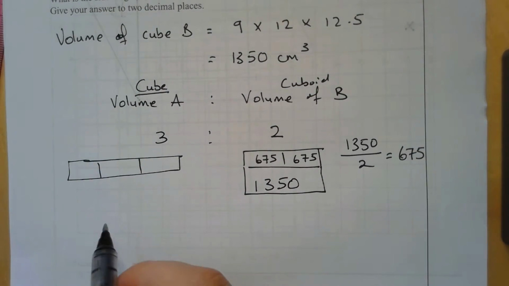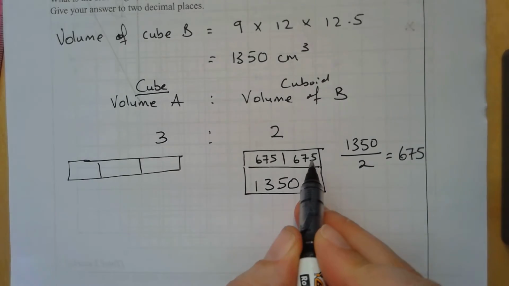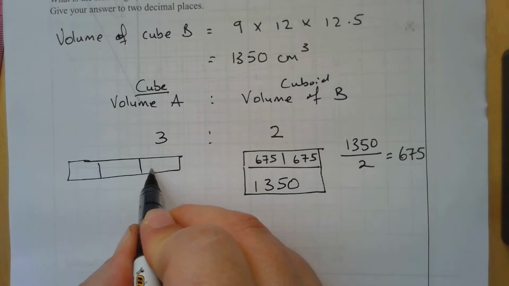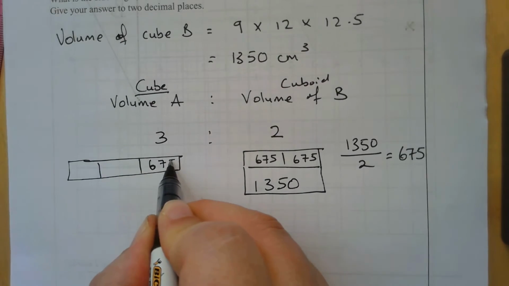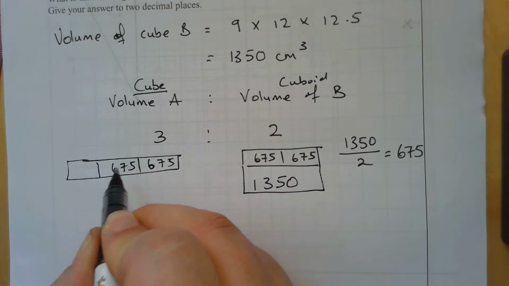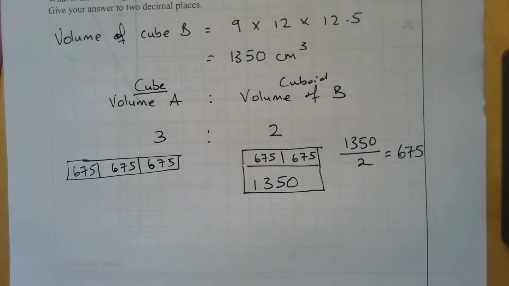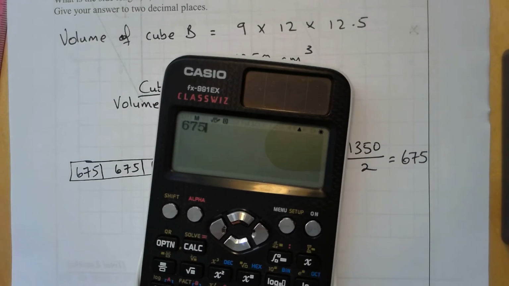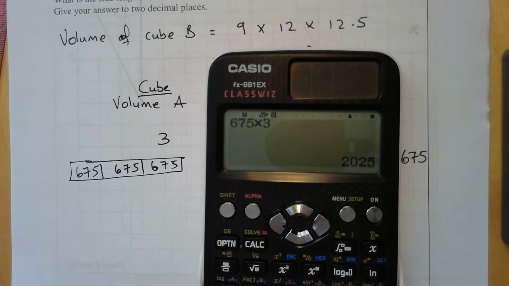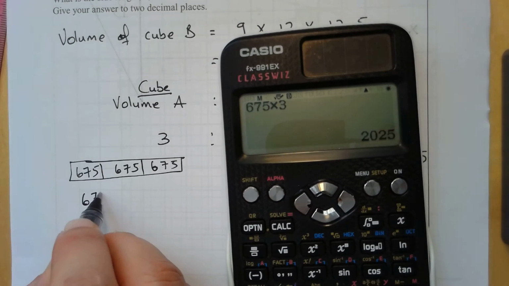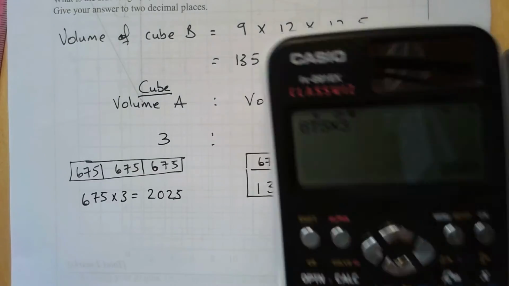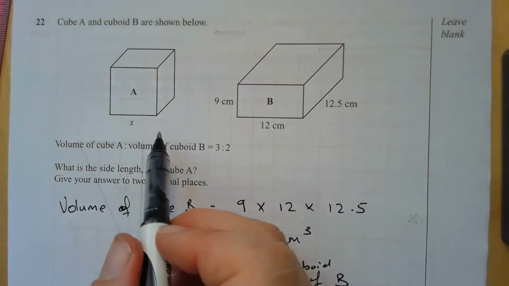And the same happens here. We've drawn 3 boxes here because they are the same sized boxes. If we have 2 boxes here, we have 3 boxes here. If each of these boxes is 675, and we take 675 and multiply it by 3, 675 multiplied by 3 gives us 2025, and that means the volume of our cube